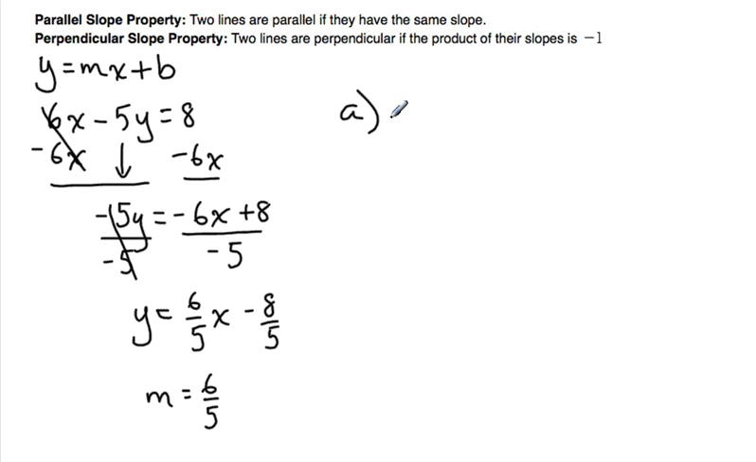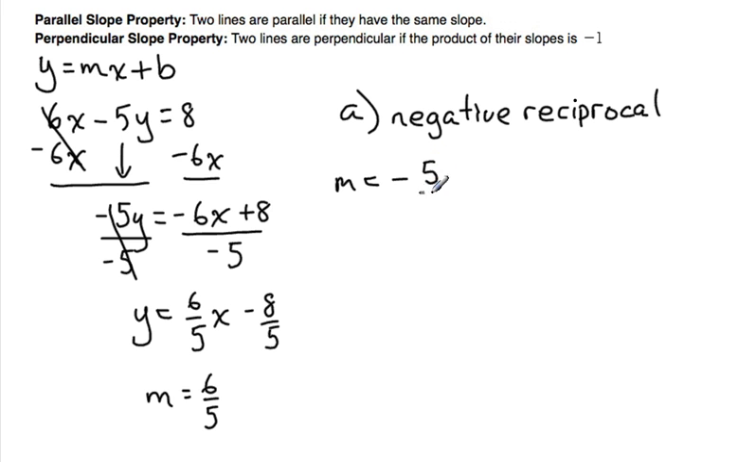So what we're going to do is take the negative reciprocal of 6/5. In order to do that, we simply change the sign of it, which would make it a negative. And then we flip it, which would get us -5/6. Okay, so this would be the slope of a line that is